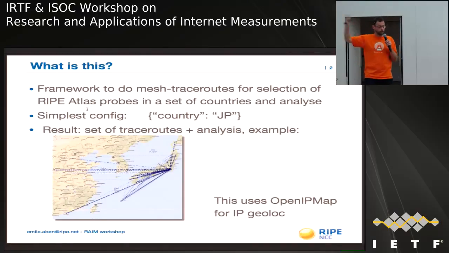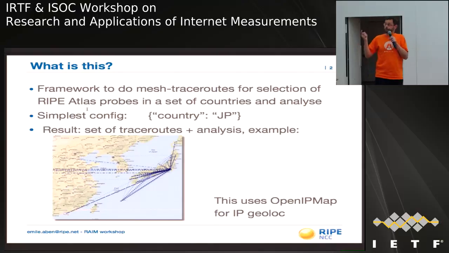Paths are not traffic, and there are a lot of limitations to this type of data. For instance, it uses OpenIPMap, which is a crowdsourced geolocation specifically for routers. It has errors. We have biases on where we can place RIPE Atlas probes, and there are places where there are no probes. But this gives you an idea of what variation of paths we can get out of RIPE Atlas